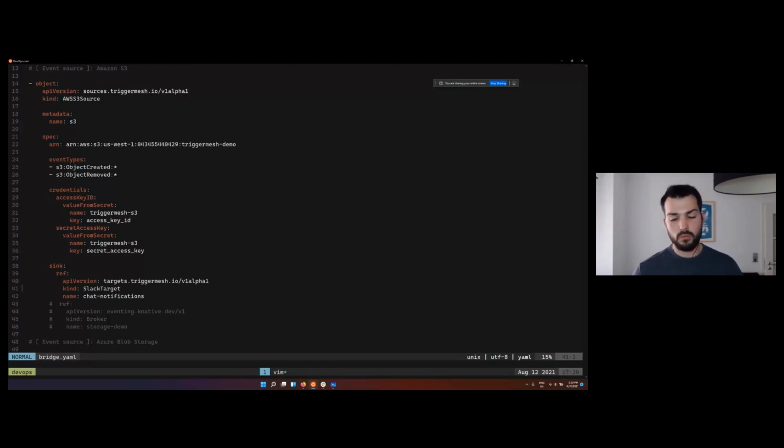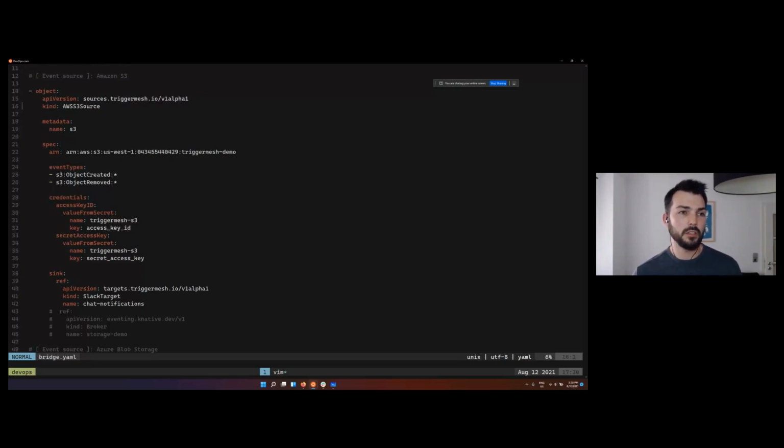So what you have to remember from that is that our S3 source here is defined to consume events from an S3 bucket identified by an ARN. We consume only specific event types, and we send all these events to an event sink,